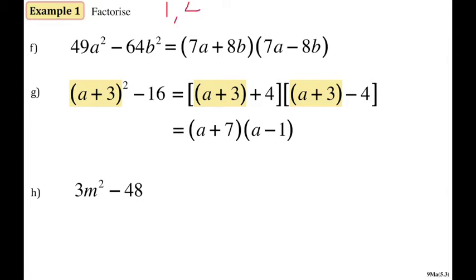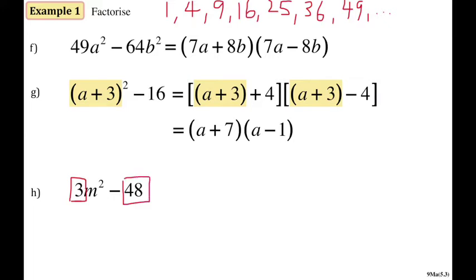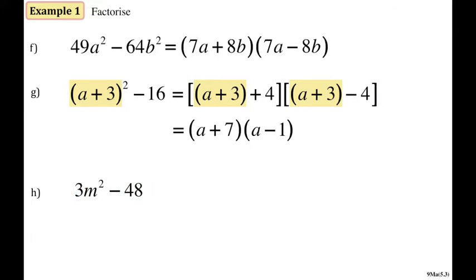2 times 2 is 4. 3 times 3 is 9. 4 times 4 is 16. 5 times 5, 6 times 6, 7 times 7, and so on. When I look at it, 3 is not mentioned up here. 3 is not a perfect square. When I look at the 48, 48 is not a perfect square. Neither of those numbers are perfect squares, which means that's not a difference of 2 squares question that we can